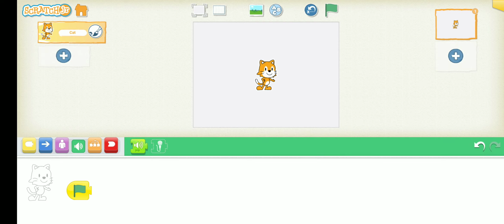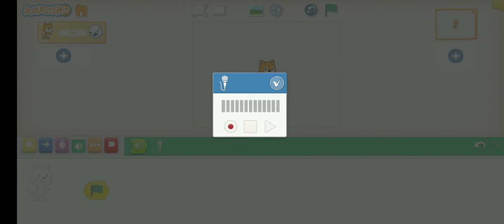Now come to this green block, and here you have the sound. So this is a sound block, and you can select any sound. Here the pop sound is there. Just tap on it and it will play the sound for you. Now instead of taking the sounds which are there in the app, you can record your voice also with the help of this recording option. See, I have clicked on this recording block and this came up where I can record my voice.